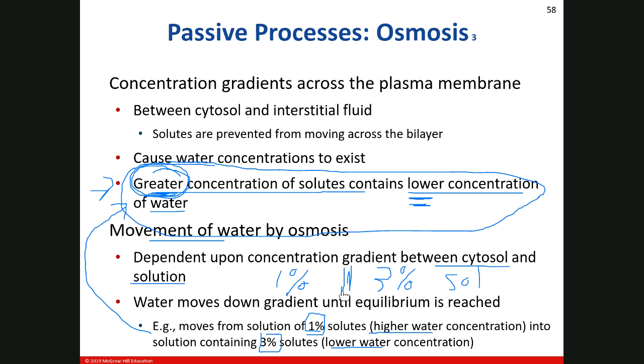Which side, is it the left side or the right side, has the greater concentration of water? The left side. Because remember, the greater concentration of water is going to be where you have the smaller